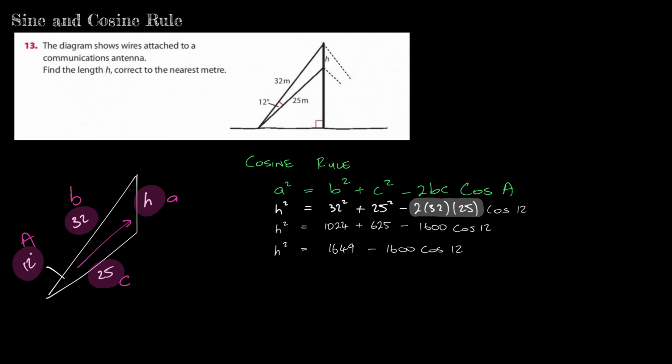But I'd strongly advise you to put in this step and not just to put in the answer, because there could be marks going for this step, and if you type the wrong button into the calculator and got the wrong answer, at least you get marks for getting this far, as opposed to getting no marks at all. Okay, so h squared is equal to 1649 minus 1600 cos of 12, and that is